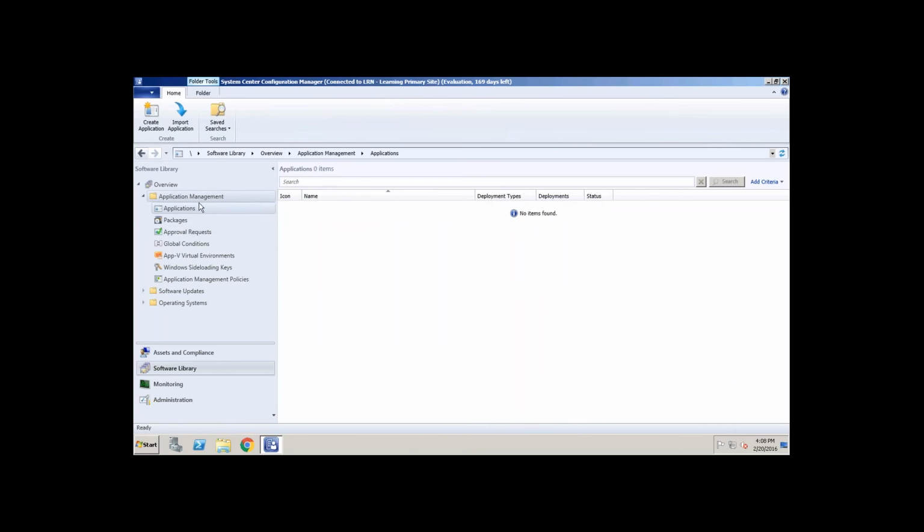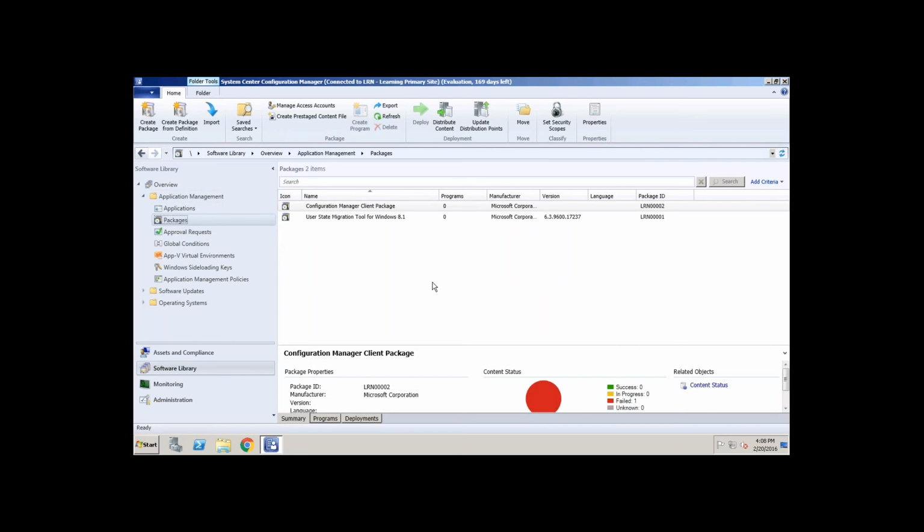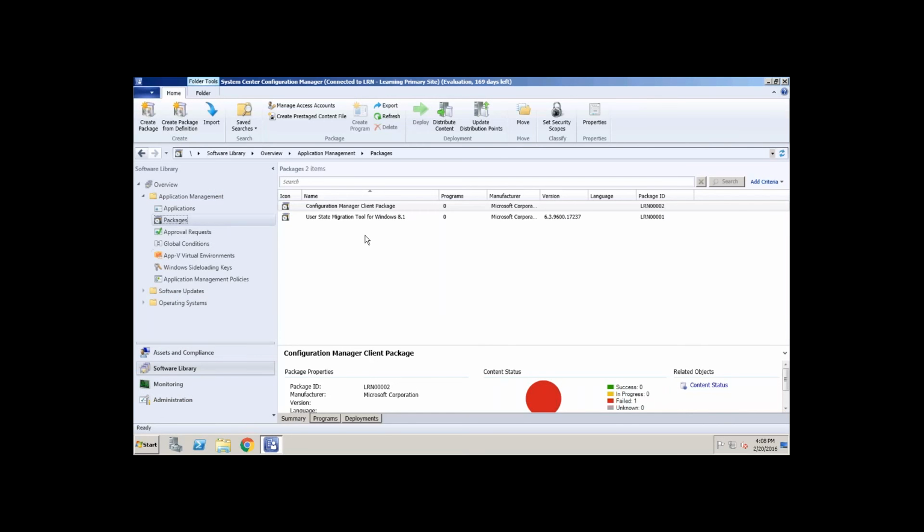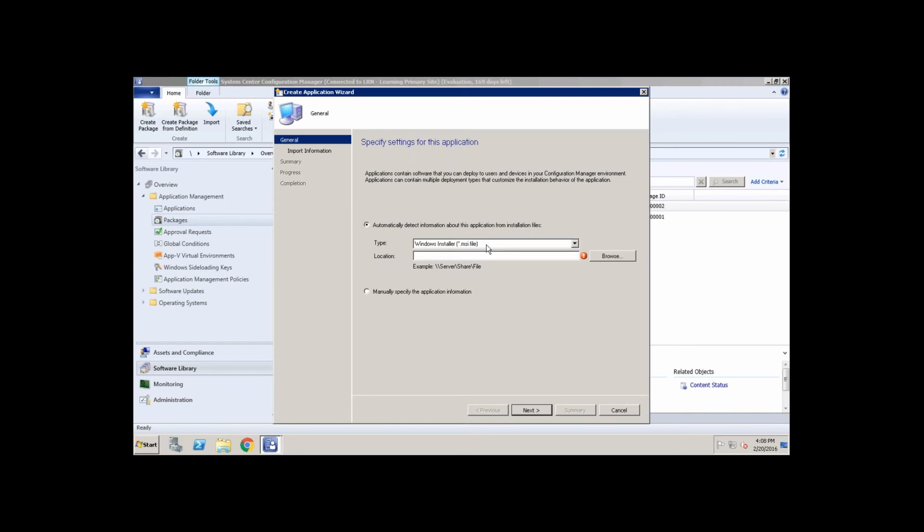Okay, so you have applications and packages. Packages is nothing but your MSI package. Whatever MSI package you create in Admin Studio, you can create under here, and the App-V packages you have to create under the applications folder. So just create application. Here you get the type of application you are trying to create under SCCM. Either you can create for MSI or App-V 4 or App-V 5.